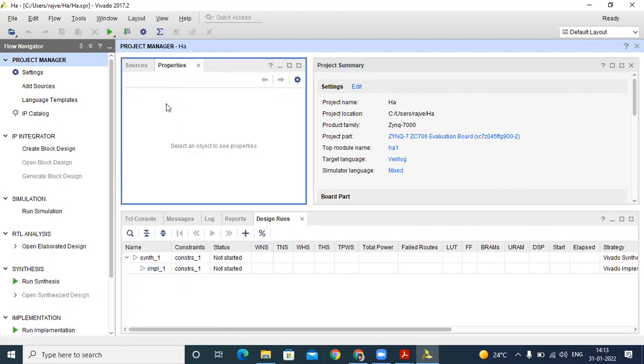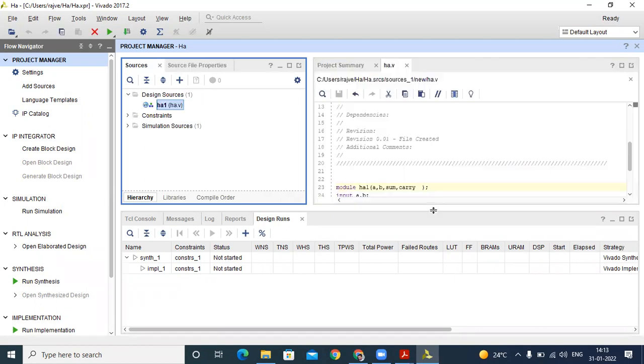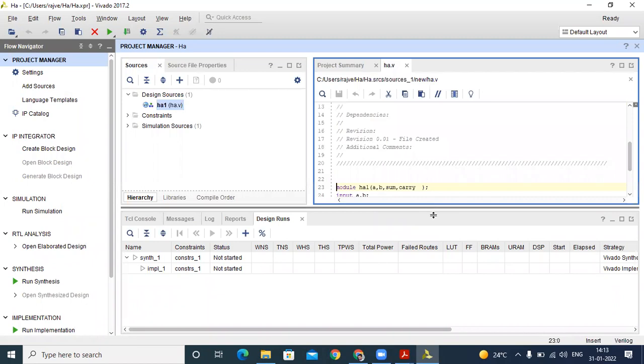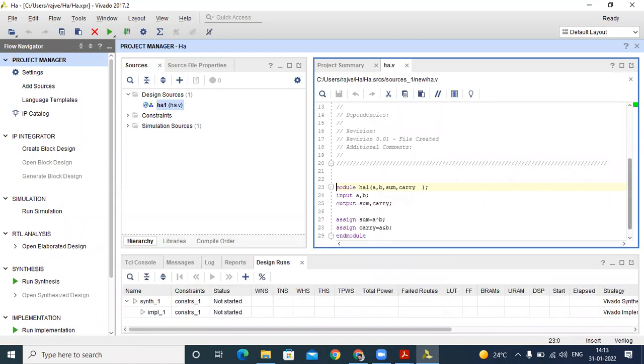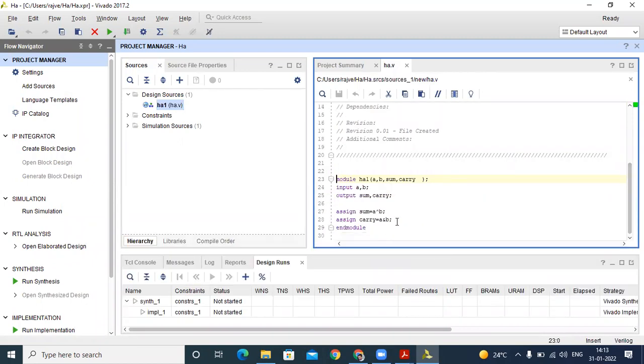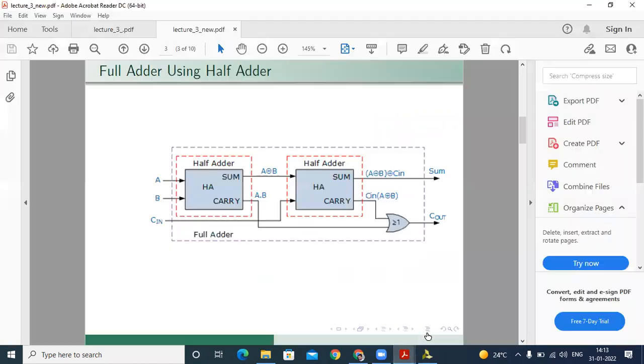This is our half adder. We already saw it in our previous lab session. And by using this half adder, how do we develop our full adder? This is our full adder logic. By using half adders, how to develop this.